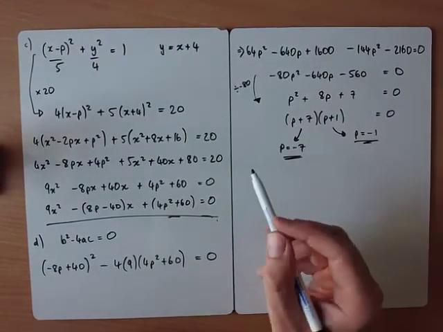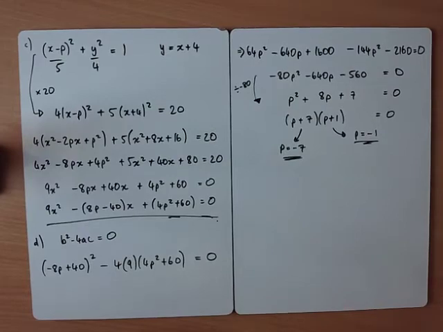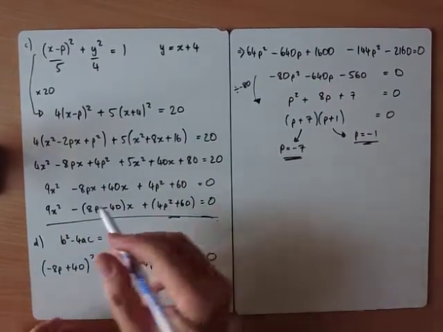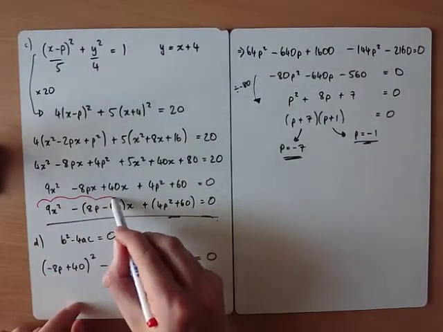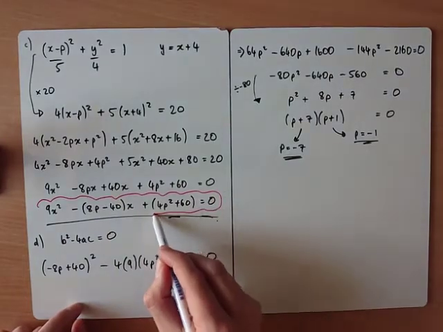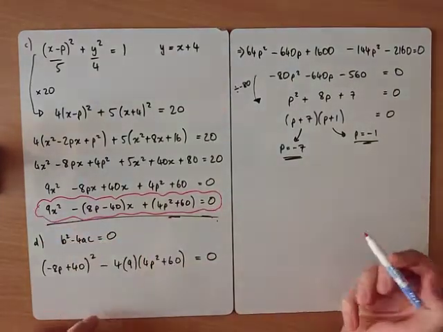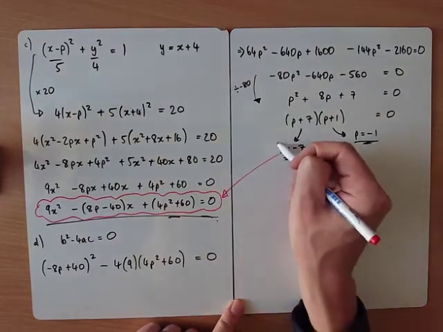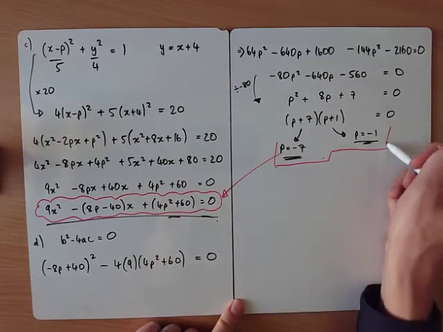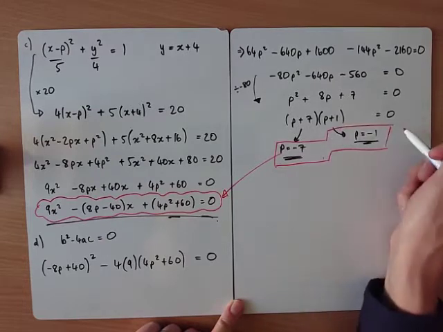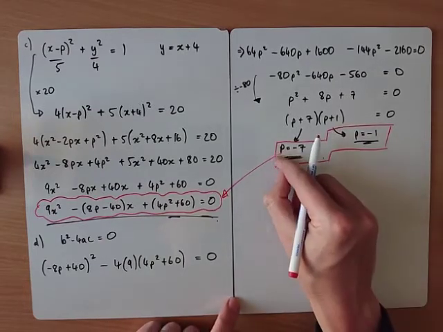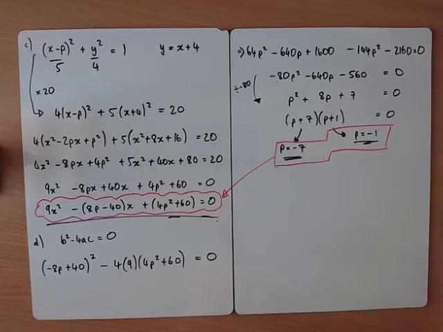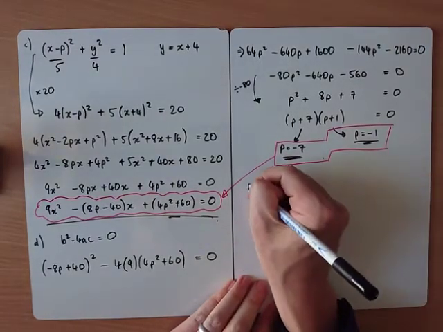What we can do now, if we know what P is, and you should remember this from when you were doing rational functions and discriminants, the key to unlocking these questions sometimes is to actually come back to this question here, to this thing that you've set up. Because if we sub in the P values, with rational functions it was the K values, wasn't it? But if we sub in the P values for this, that's going to tell me what the X coordinates are for the intersection point. So if we start with P equals minus 1,